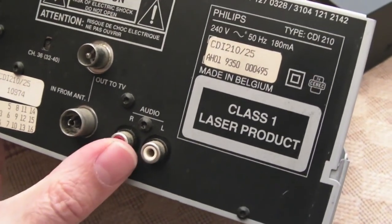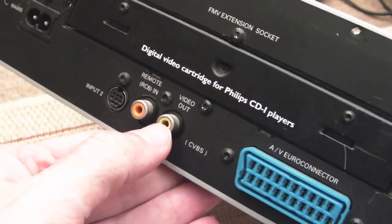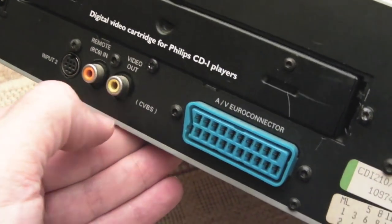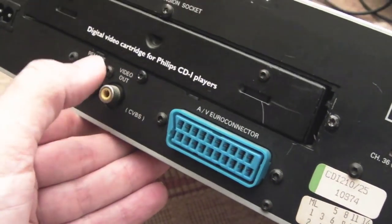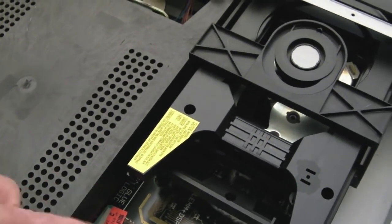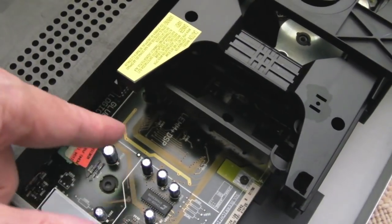So we've got audio output, RF modulator built in. Oh, video out. Yeah, I'm blind, didn't see that. So we can connect. I've got a 3 phono lead here, so we'll use that to connect up composite in the first instance. The other thing we will need to do with this board in a minute, well later, is